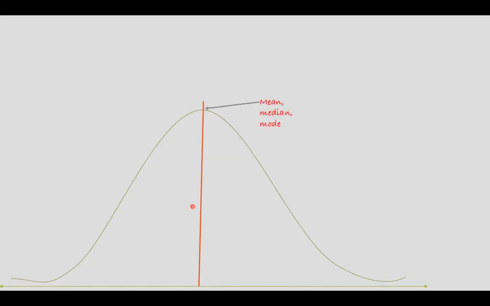And this mean, median, mode is that point which divides the curve into two equal parts. Then this curve, when it starts, it reaches the maximum, the peak, that is the maximum value of the curve, and then slows down. And then we say that in this curve there is one more thing: it is unimodal, it has